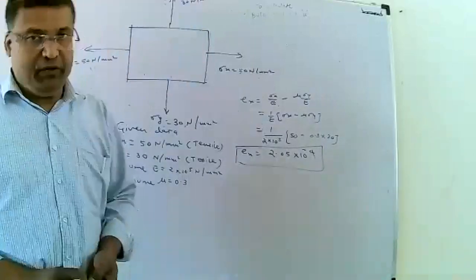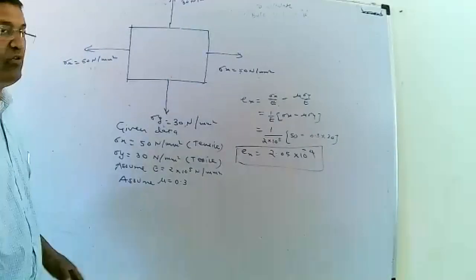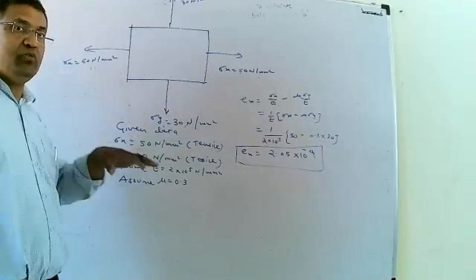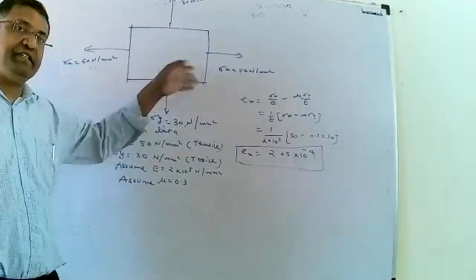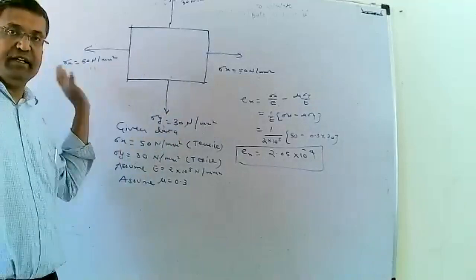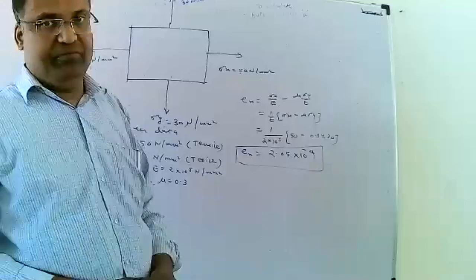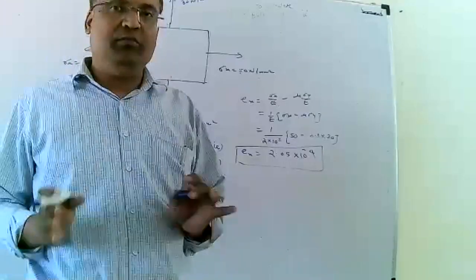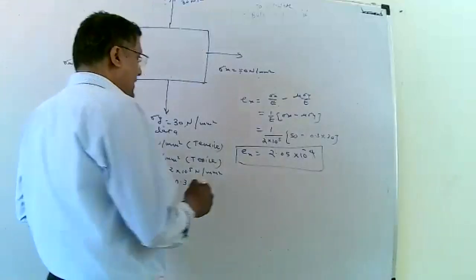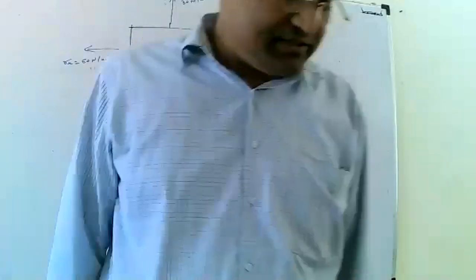Then one more thing we need to find out: Ey, the strain induced along the y direction, because it has two directions. The plane has two directions because stress is induced along two directions, x and y, both tensile. Once we find the strain along the x direction, we calculate the strain along the y direction, because this problem is based on a biaxial stress system, and that's why we need to find out Ey, the strain induced along the y direction.